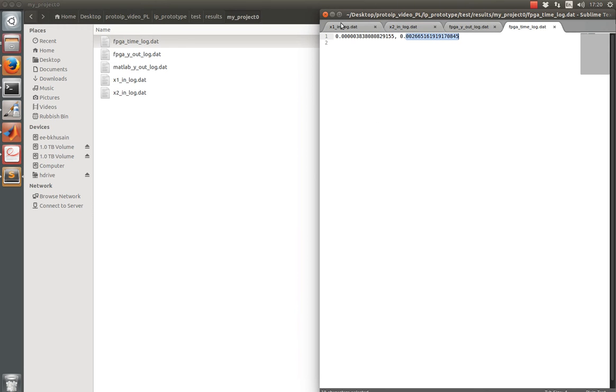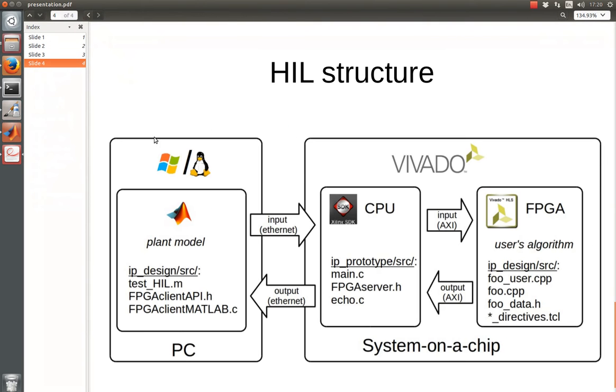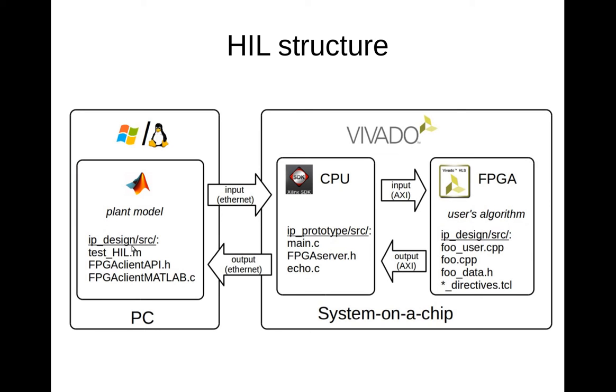To make the structure of this hardware in the loop test clearer, we will consider this diagram, which is a kind of summary of this tutorial. In the beginning we created a template, and by calling the make template command we generated a set of files. So we had some files in the IP design folder, IP prototype, and another set of files in the IP design folder. Okay, we generated these files, and the second stage of the design flow was modifying